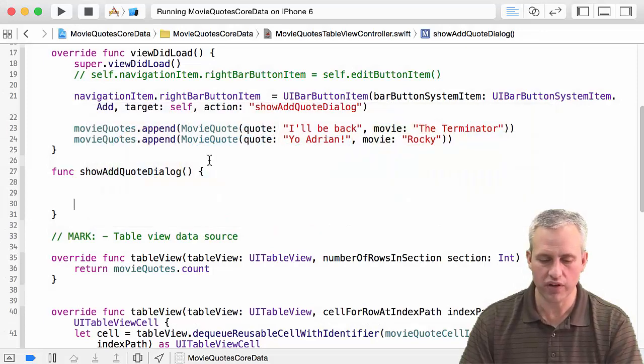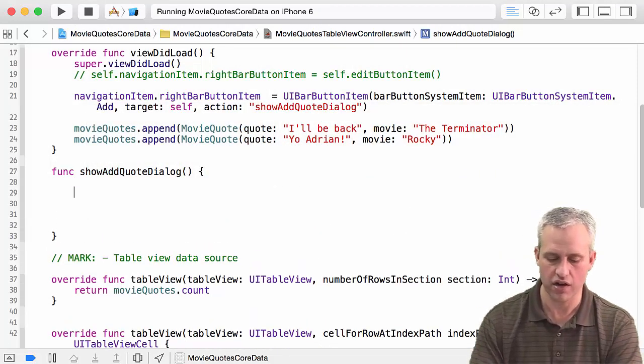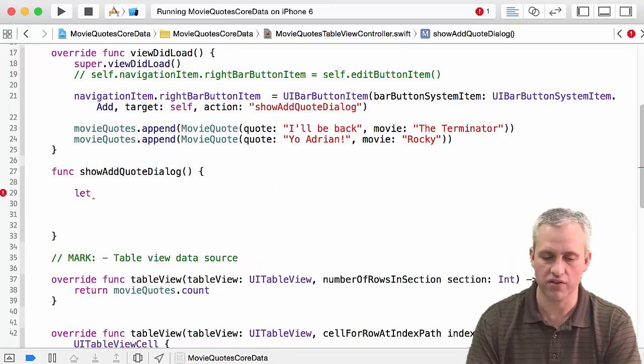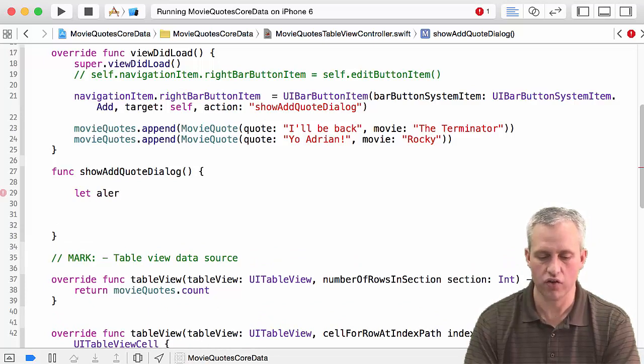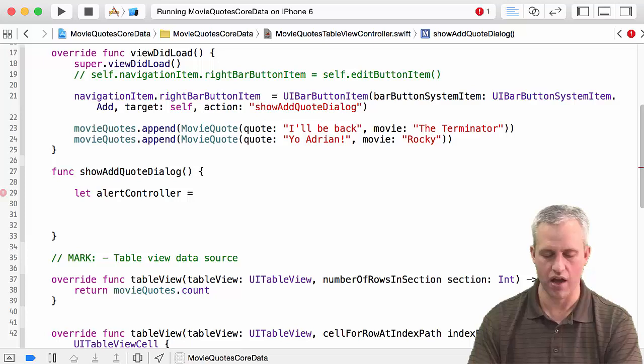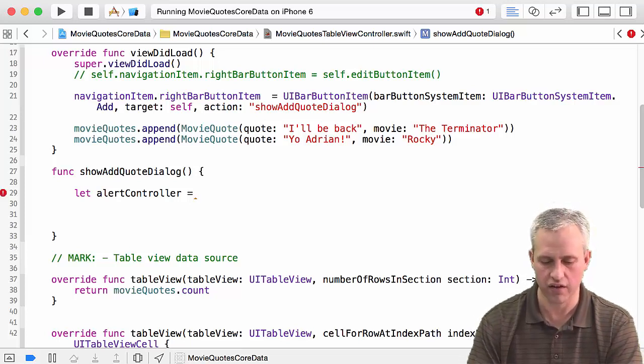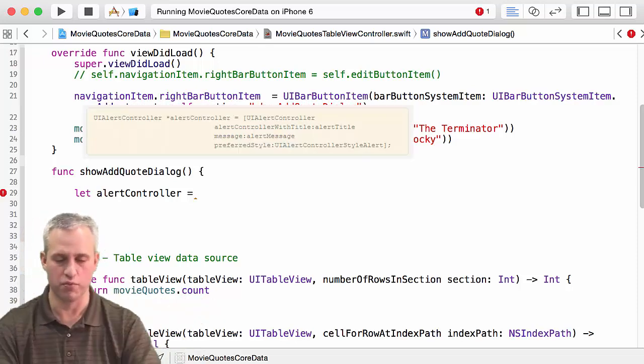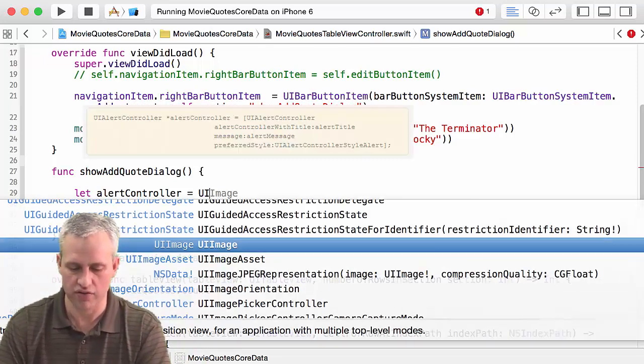So, I mean, to be honest, we could kind of start doing some of those things, right? So I'm going to say let in the hopes that this is going to be a constant. I'm going to say AlertController. I really need a good way to get their code and our code kind of side by side. I can kind of do that, but it's hard on the screen here. Maybe I'll make an image pop up in post-production or something like that. So I'll say